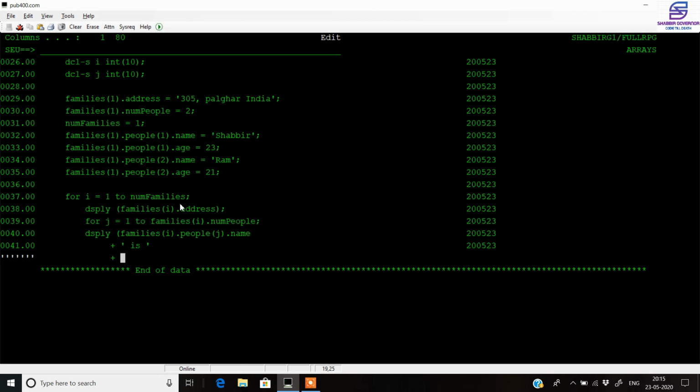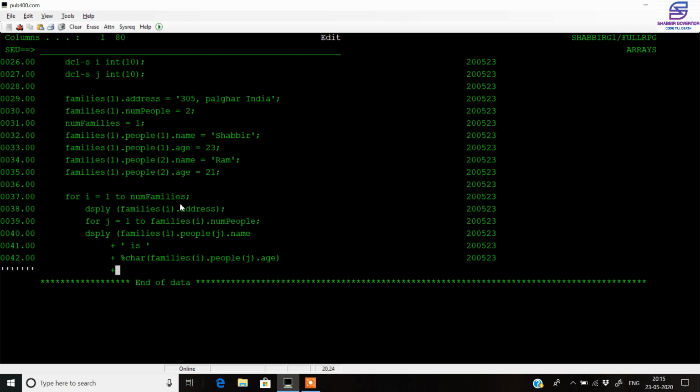Then we call the character keyword and we print from the families in the ith iteration dot people, that is the inside data structure. We call the jth family member and we print the age of that member. We just write one more string so that our output looks a little good.